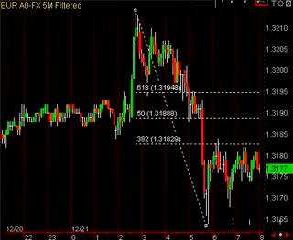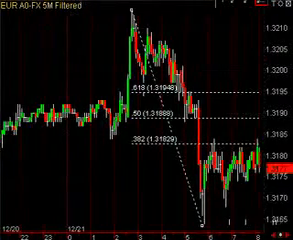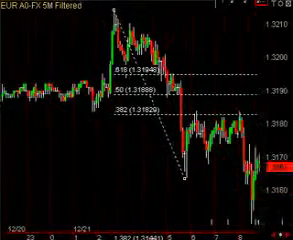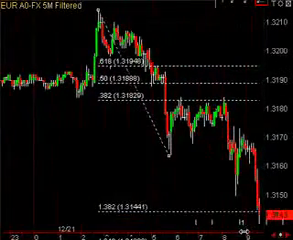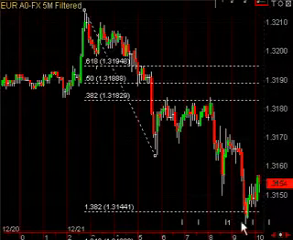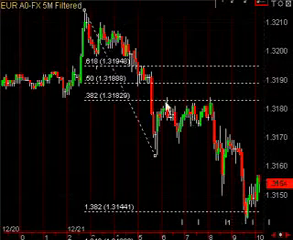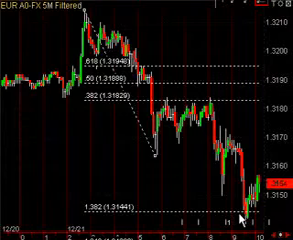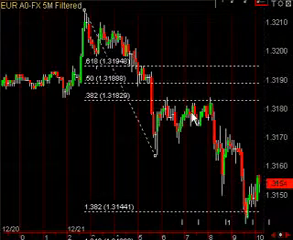Let's scroll to the right and see what happens. It breaks down and it's going to a lower low, and you can see the market stalls right at the first Fibonacci profit target. If you're short right around here, this is your first profit objective, and in this case you made about